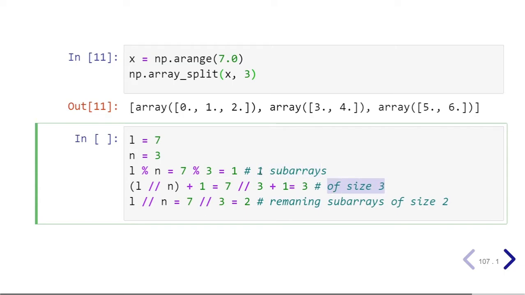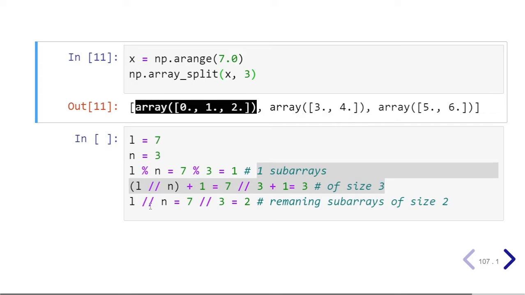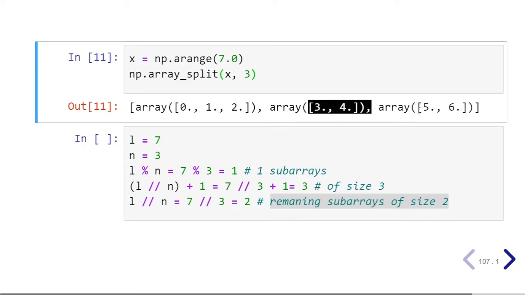So you have one subarray of size 3, which is 0, 1, 2. The size of the remaining subarrays is L by n, 7 by 3, which is 2. So the remaining subarrays will be of size 2. So the remaining elements are 2, 2. Total 7 elements divided using the array_split function.